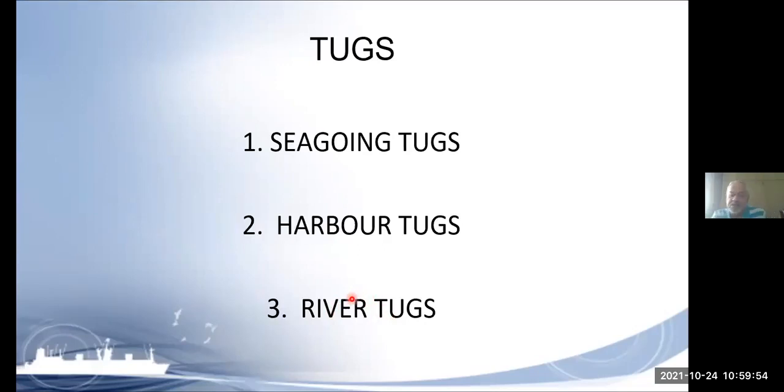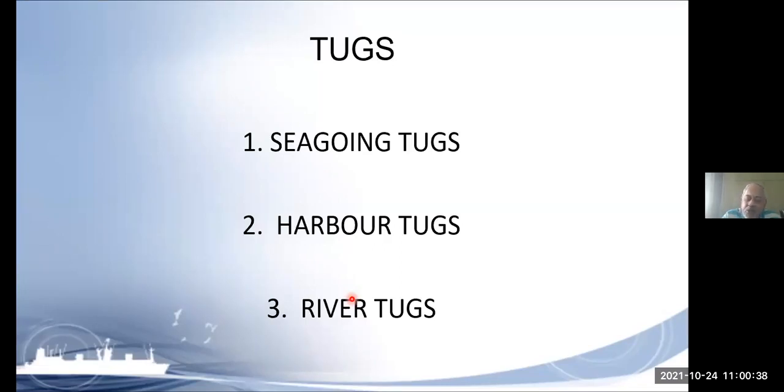In many countries, inland waterways, river navigation, and transportation of goods over rivers are much developed, because that is the cheapest method of transportation. In India, we are now catching up with it slowly. We already have, as I mentioned the other day when we saw Indian ports, from Calcutta to Varanasi, containers, cars, and some other cargoes transported to and fro, Varanasi to Calcutta, through the Ganga River. Okay, so those are river tugs.